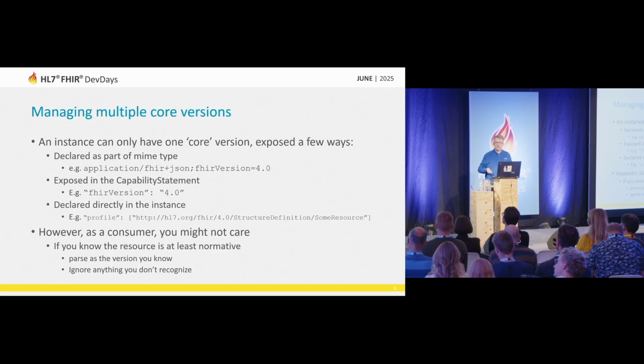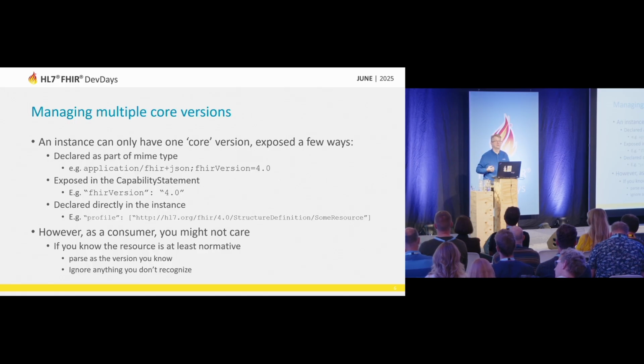But as a consumer, you might not care about the version. At least if the resource is normative, you should be able to process the instance irrespective of what version it happens to be. There might be a couple of new data elements that you're not familiar with. So if I send you an R5 version of structure definition, or of patient, or an R6 version, it's possible there could be a couple of extra data elements. If you have set up your code properly,